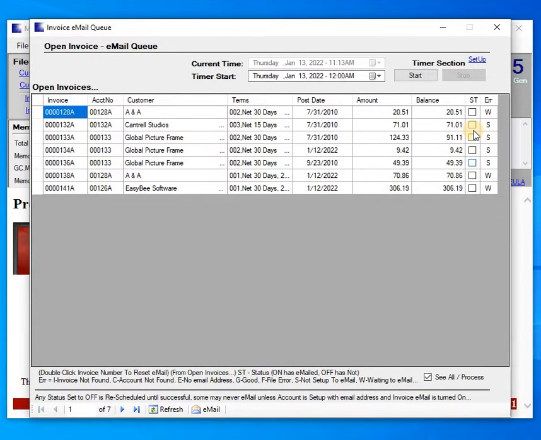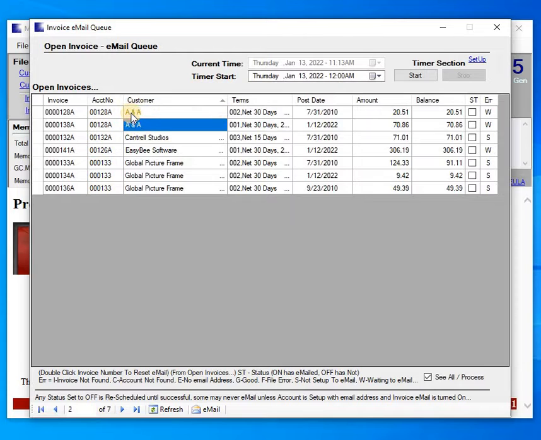And I want to show you that this W means that it's waiting. It's indicating that this customer is set up to receive invoices through email. And actually, he's got two invoices, so he would get two separate emails, one for each invoice. And then this third customer here is set up as well. Now I'm going to show you how